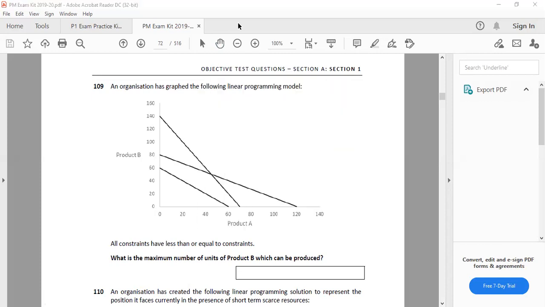That is the point here. If it is less than or equal, then what do we see? All of them would move towards the origin. All of them are less than or equal to, so it will fall below. It will not go above the constraint line. So when it falls below,